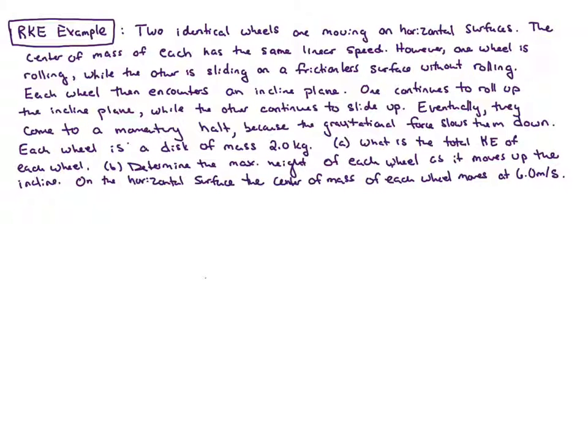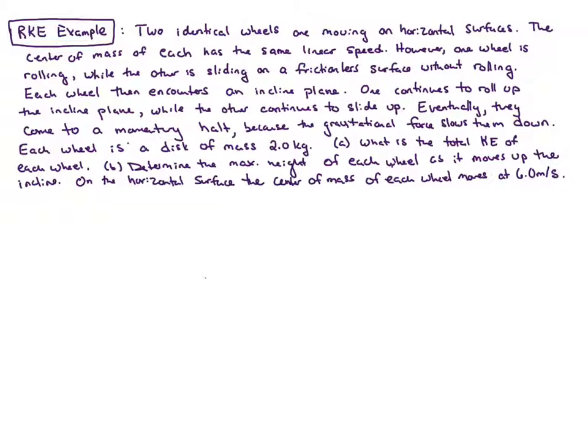This is an example not from the textbook about rotational kinetic energy. It talks about two identical wheels moving on a horizontal surface, and the center of mass of each has the same linear speed, and later we're given that speed is 6.0 meters per second. However, one wheel is rolling and also going at that speed, while the other is just sliding on a